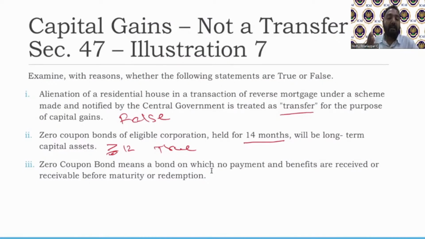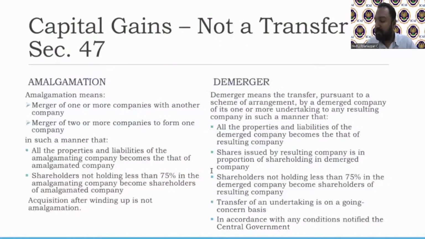Generally, with a fixed deposit, if you have deposited 100, when you receive, you get above that, right? But here, the deposit value is 100 only, but you don't give them 100. You give them 95 or 96. But when you receive, you receive 100. So that's what a zero coupon bond is. At the time of maturity or redemption, you don't get any benefit. Why? Because you get the benefit at the time of purchase, not at the time of maturity or redemption. So that's why it is called a zero coupon bond.